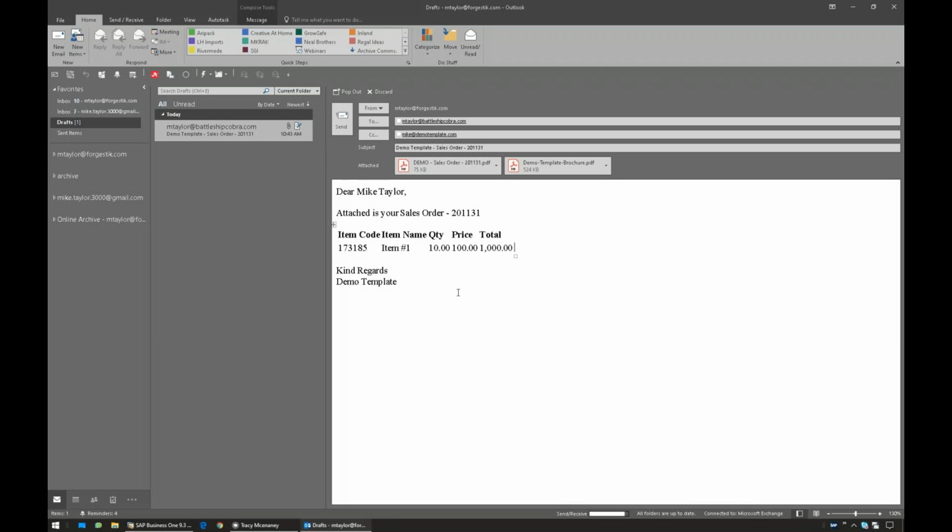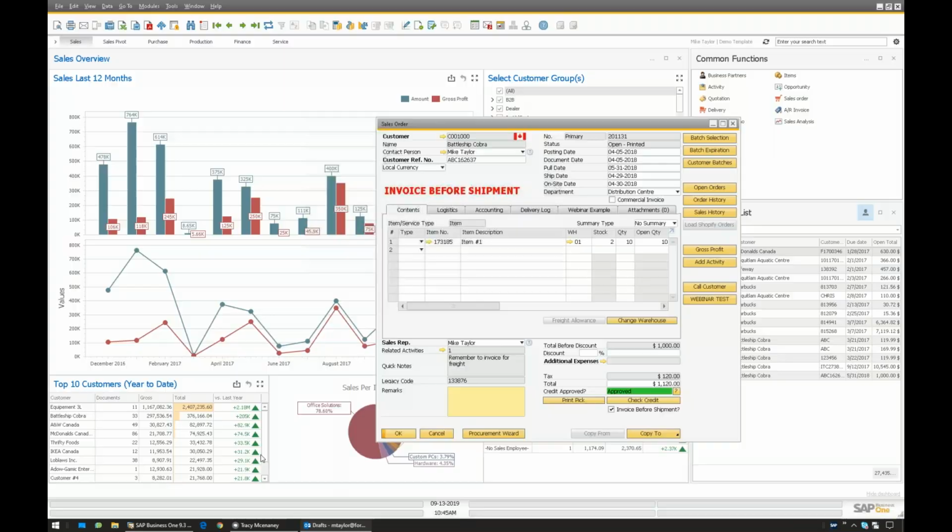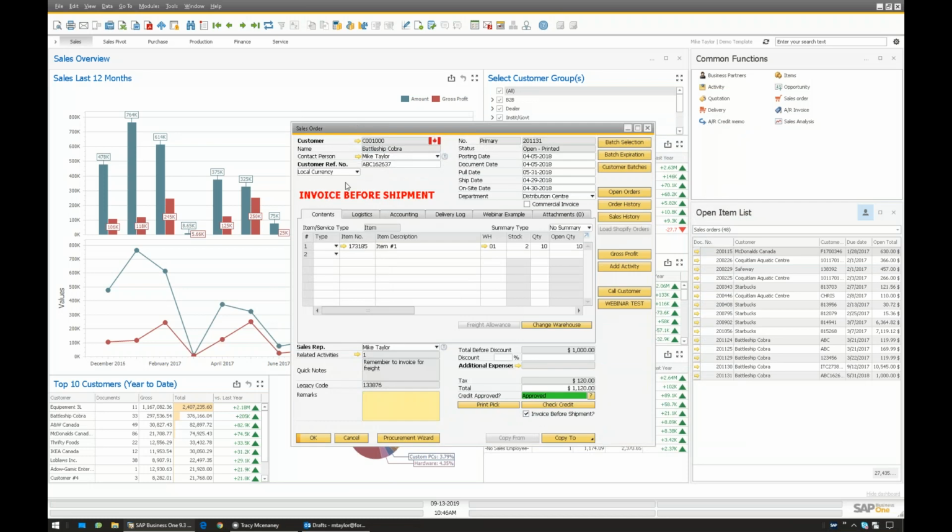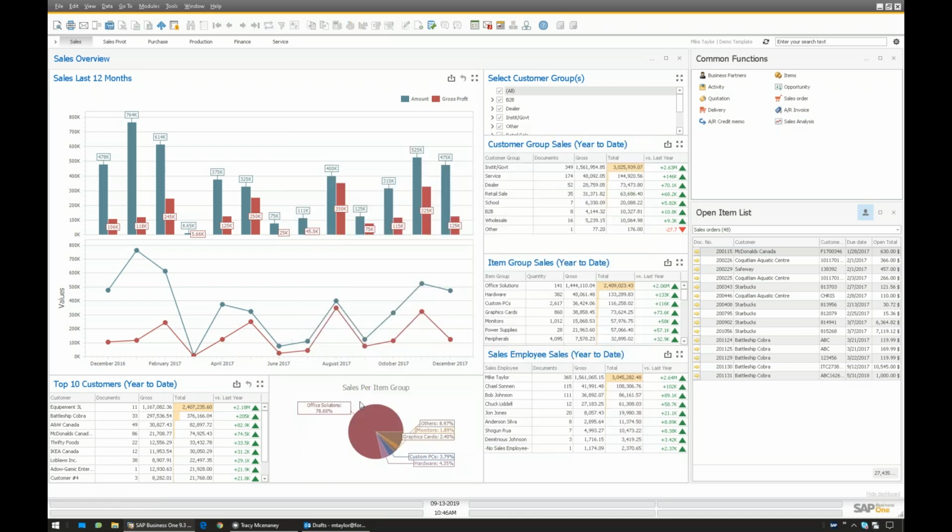And you can do this however you want. Again, this is per doc. You could do different wording for the invoice, different wording for the sales order, and it makes it really easy and flexible for you to do this. So again, it goes to your Exchange directly, sends it through the email,